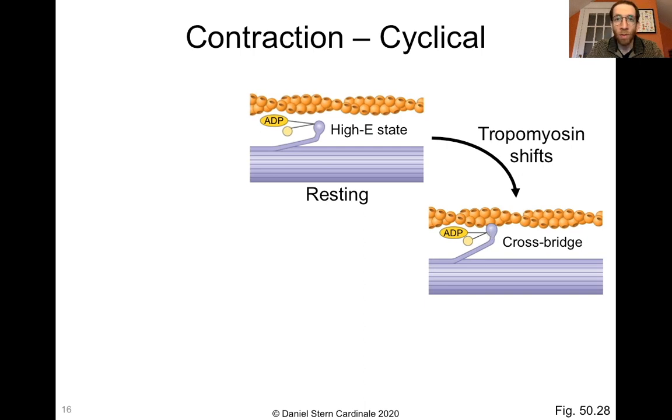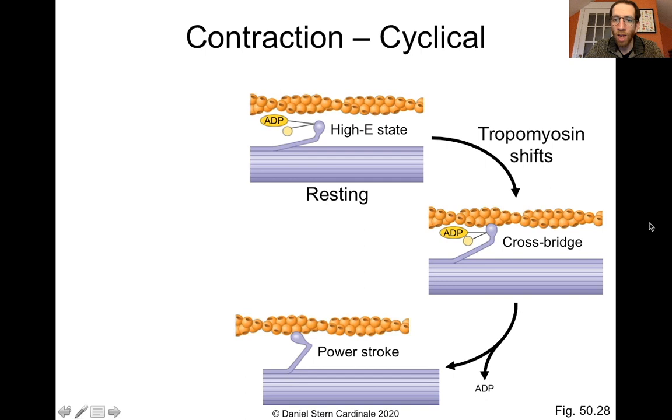The next step in the process is called the power stroke. This is where that ADP and phosphate break away from that myosin head. That causes it to shift from what's called the open conformation, which it is up here and down here, into the closed conformation down here. So you go from being like this, I don't know if you can see that, you go from being like this to being like that. Now the reason this causes the muscle to contract, this is when the shortening actually happens, because you're bound to the actin. And then when it shifts, it shifts that actin relative to the myosin.